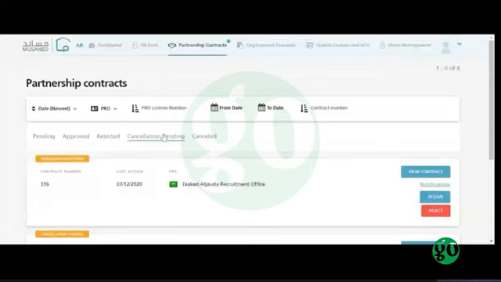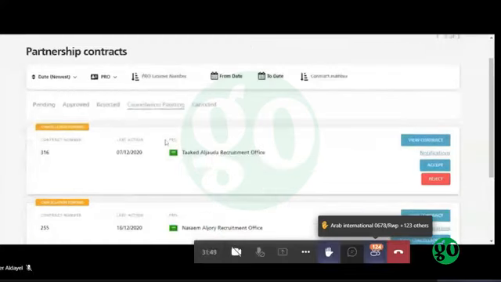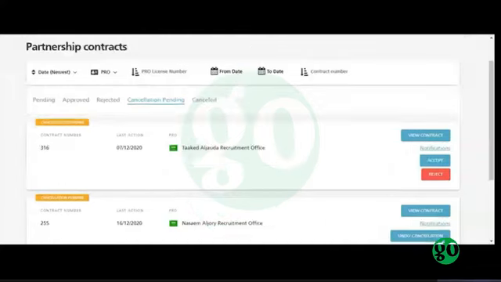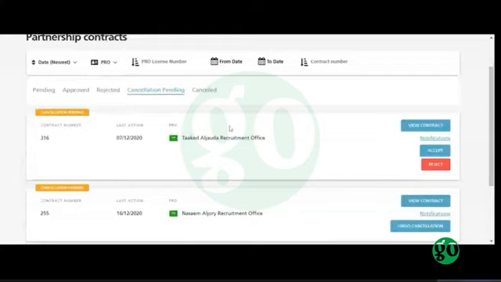If we filter the results based on the cancellation pending contract, then we would view the different cases of the cancellation pending contract. As we see here, it is easy to differentiate between the contracts that have been requested to cancel by PRO or by EPRO.